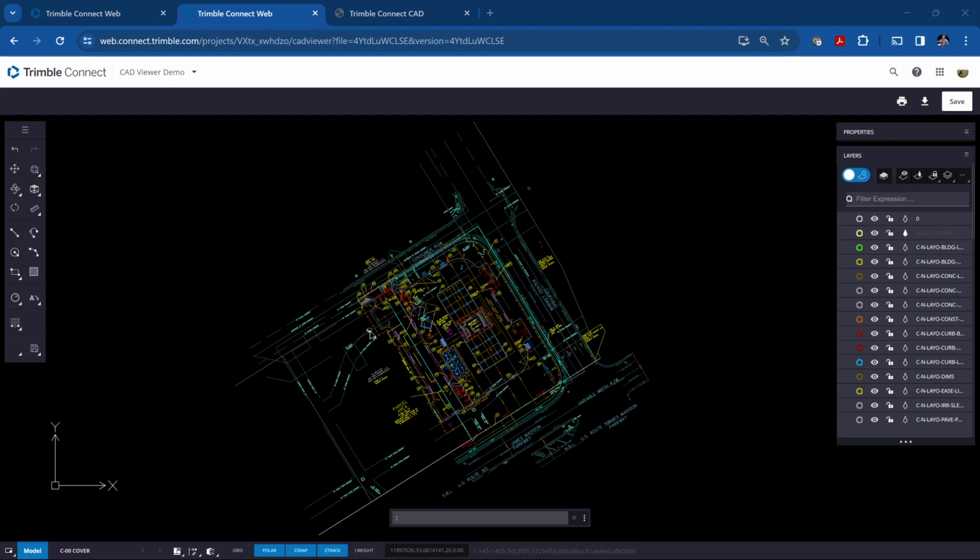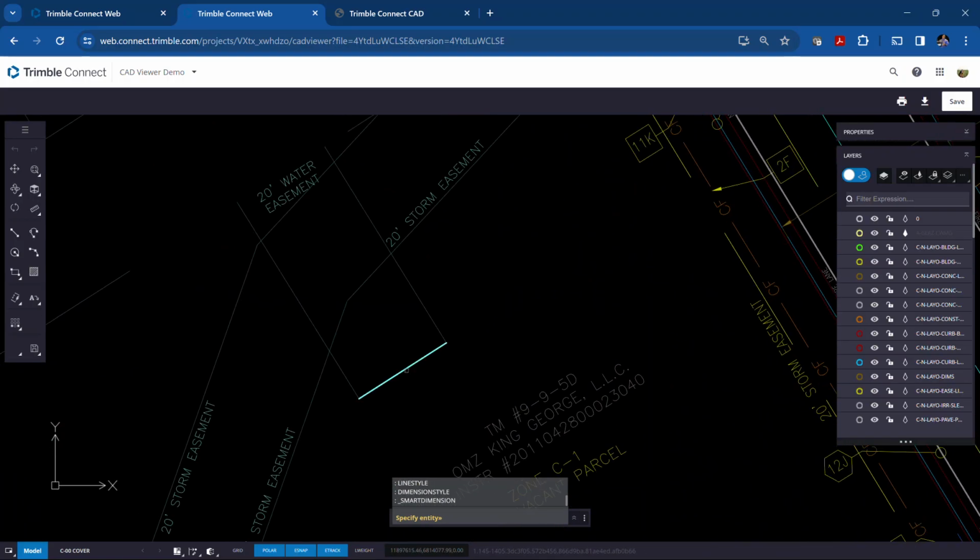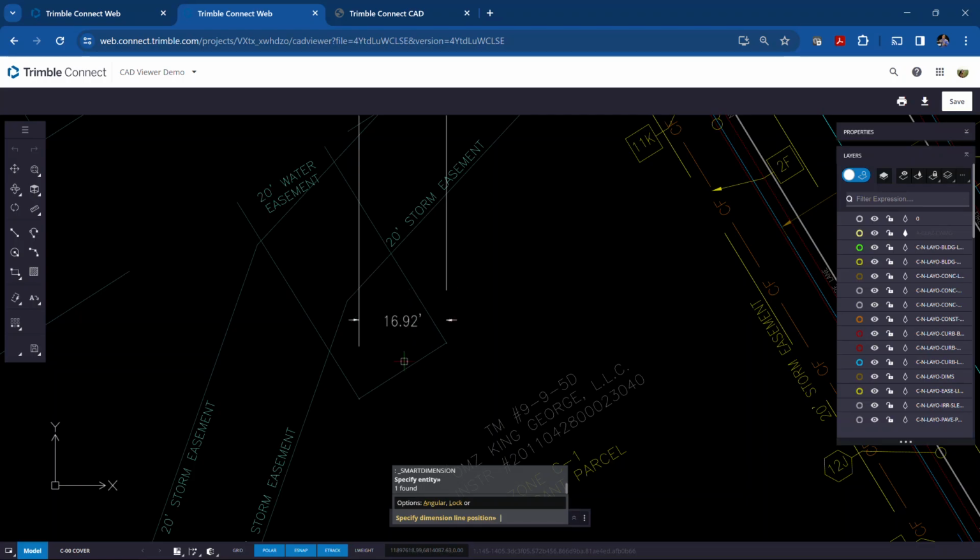All right, so what we're going to look at now is the dimensions. On our panel over here, we've got dimensions, and you see you've got smart, linear, baseline, aligned, a lot of different options. So let's start with the smart dimension. When we pick on that, it's asking us to select an entity. So let's just come down here and grab this entity. We'll grab that line, and you can see that it's setting up